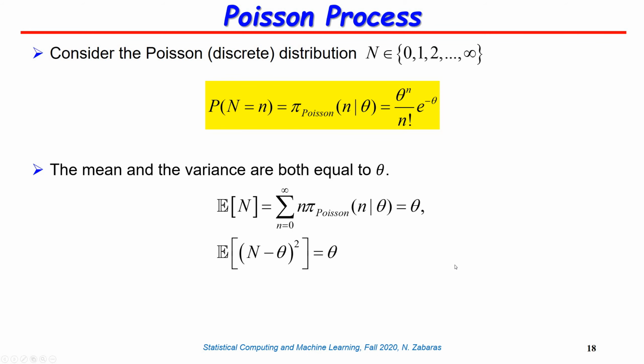Before I do anything, let me summarize the formulas for the expectation and the variance for the Poisson random variable. Both the mean and the variance are equal to theta. So it's very easy to remember that in the Poisson distribution, both the mean and the variance are equal to theta. That's why when you parametrically write the Poisson PDF, you only use one variable, because both the mean and the variance are the same.